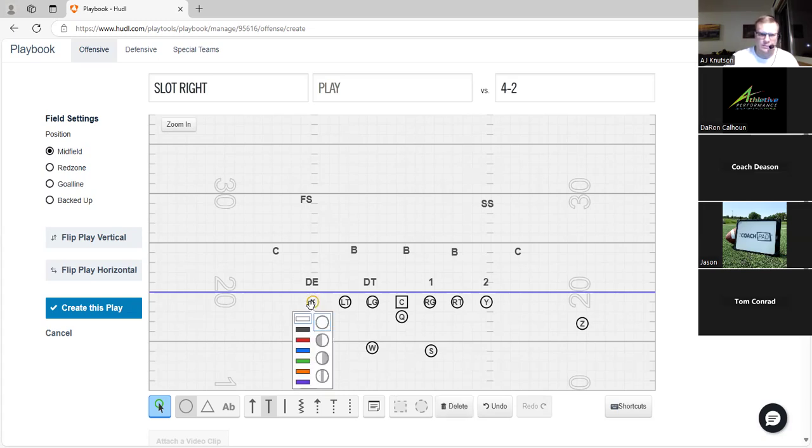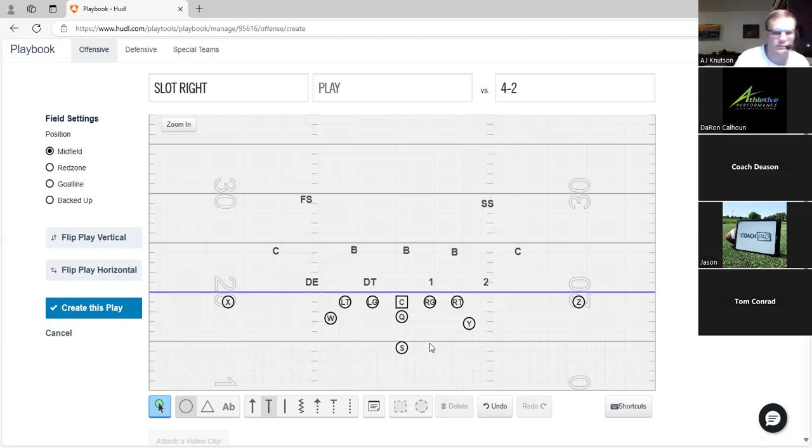And then when I started coaching, we went to flex. They were in flex mode. We ran midline, veer, toss, jet sweep, some quarterback sweep. Very simple. Basically had 4 base run plays, and that was basically it. And during that time, I was coaching semi-pro,